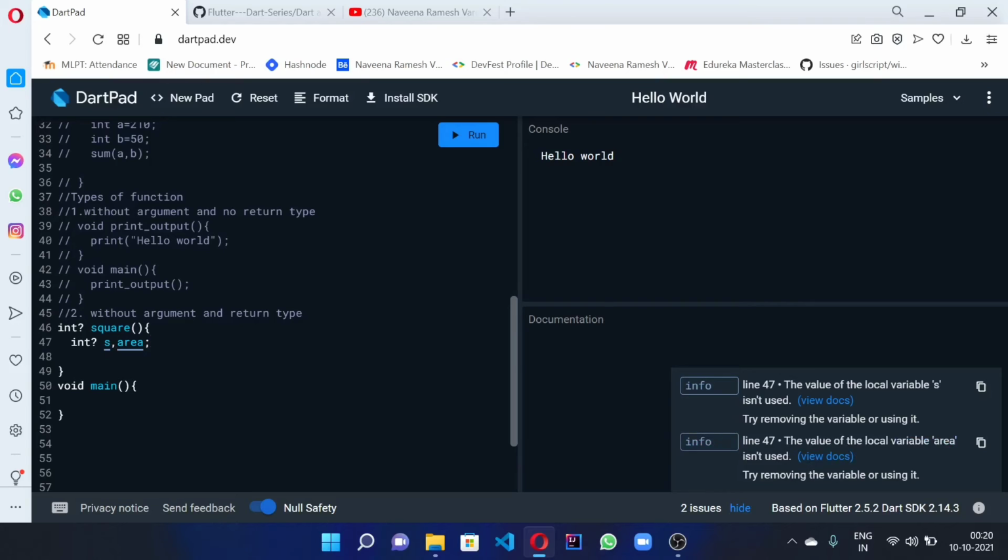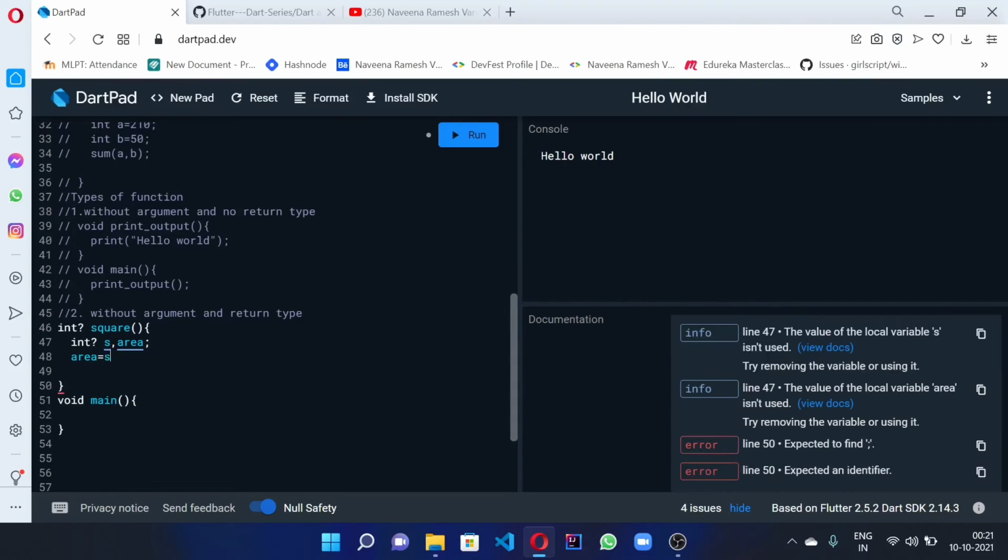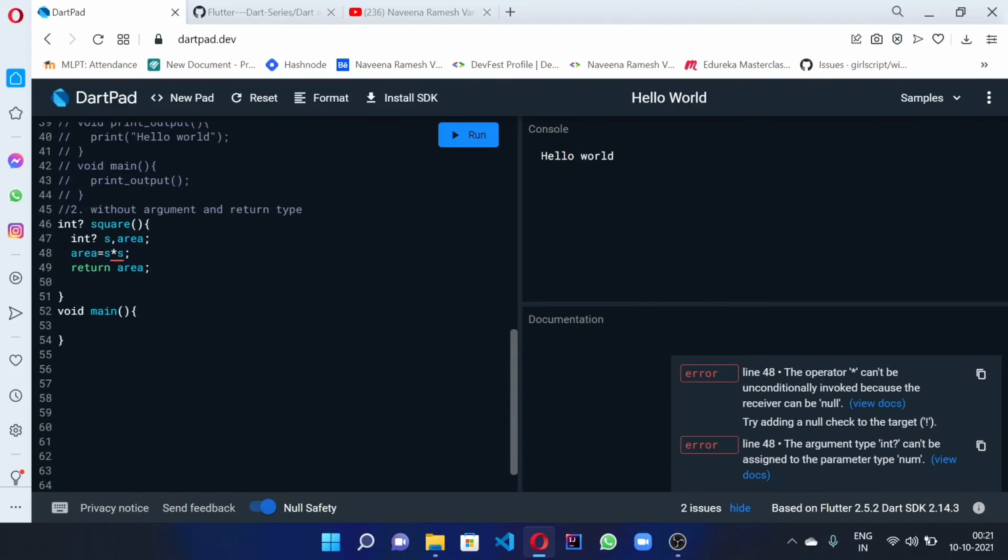Area is equal to s star s. And we return the area. See, we haven't printed it, we just returned it.